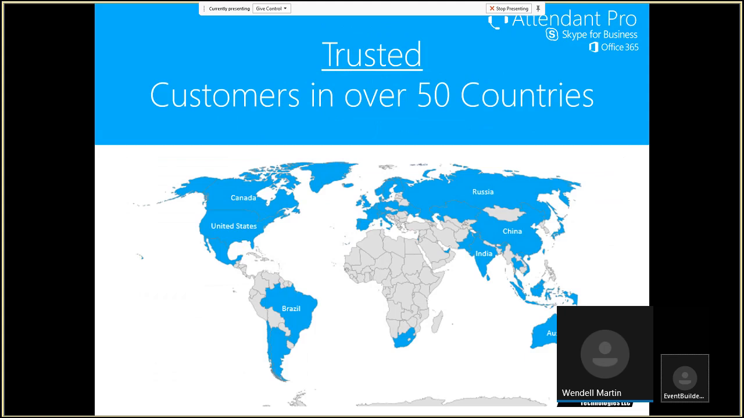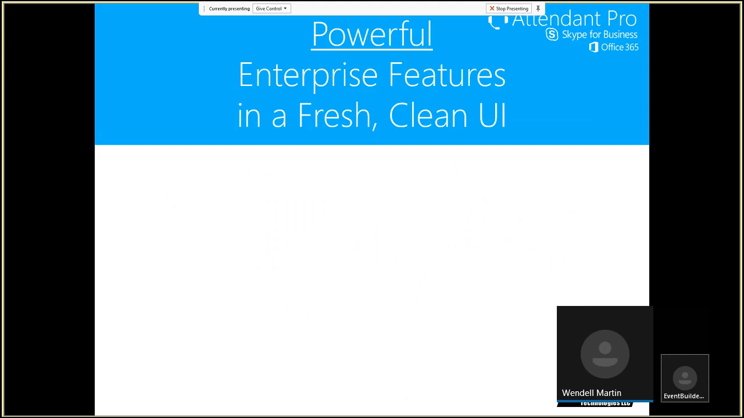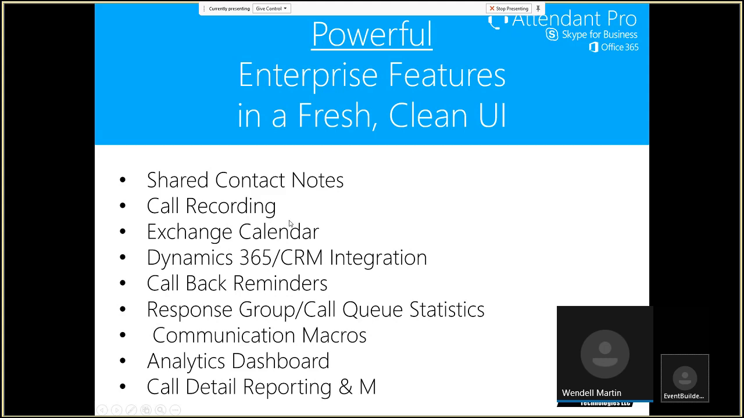Trusted. Large companies and small companies in over 50 countries are using Attendant Pro, and it's been tested and tried around the world. So we're trusted around the world, and also powerful. Beyond the simple, easy and efficient, we also wanted it to be more powerful, to give you more options than you have available in the standard client, and more options to fit what these